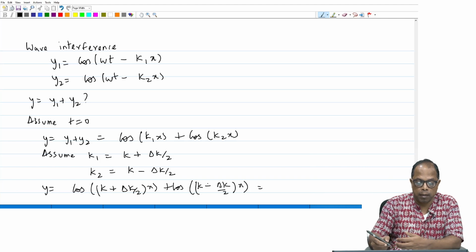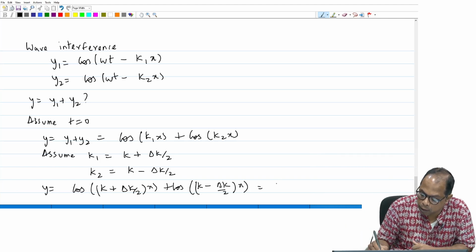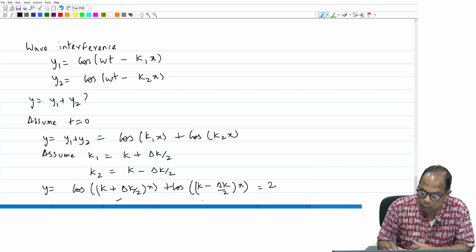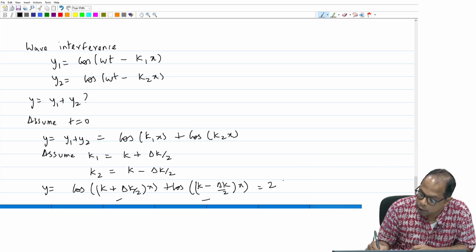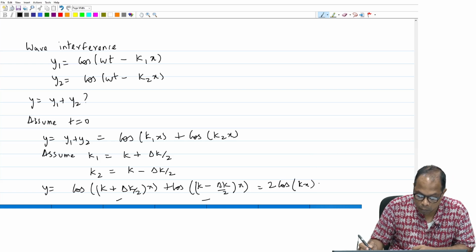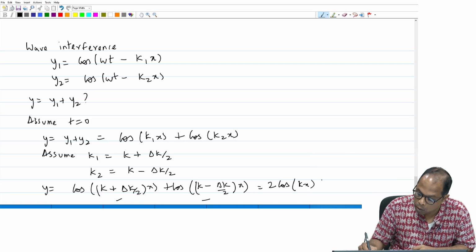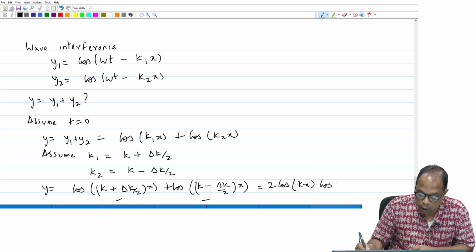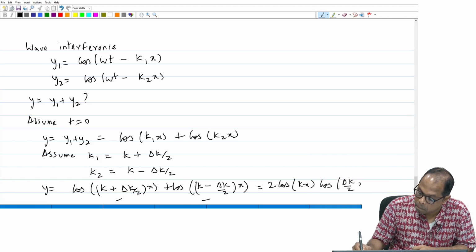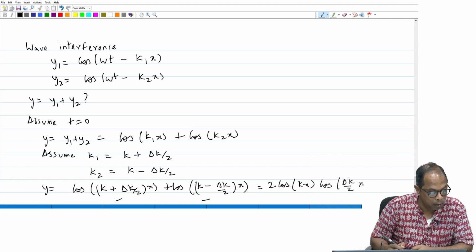So you expand things out in that manner, and if you expand this and this, what you'll get is 2 times cos kx, then you will get